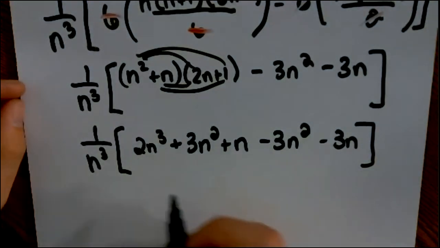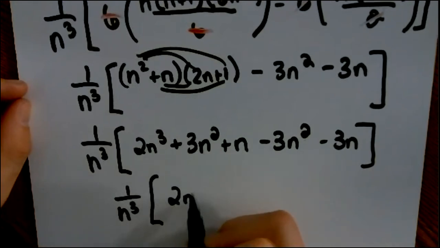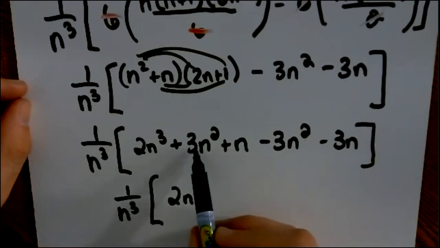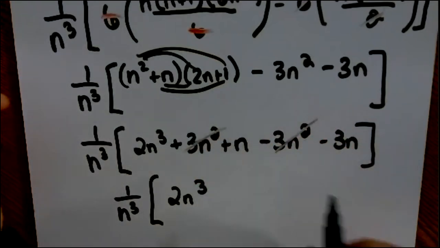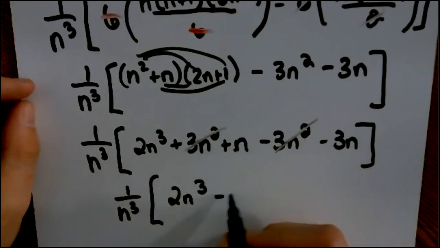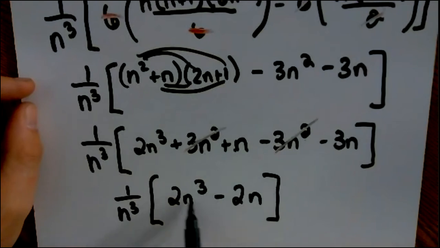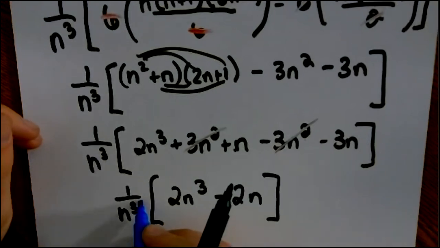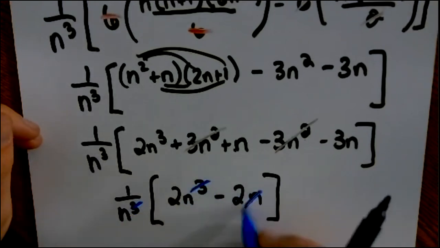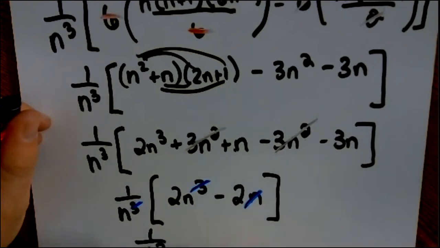Right? I can look to combine more terms. I have this n to the third. 3n squared minus 3n squared is gone. And then n minus 3n is negative 2n. Well, what do these have in common? They have an n in common, so I can take an n out. If I take an n out, I can cancel this out. So I can cancel one of these out, and that out. So I have 1 over n squared